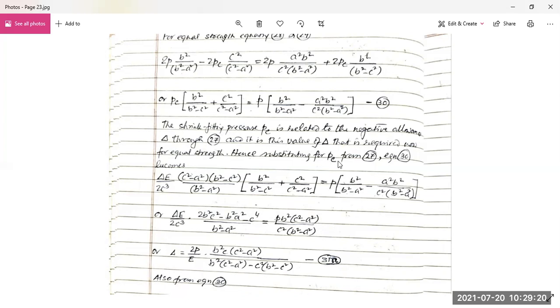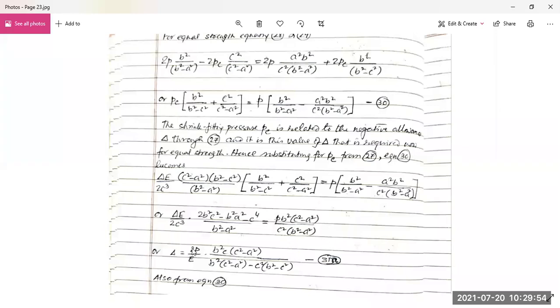Then substituting PC from equation 27 itself. I've already introduced it in my earlier classes. So you are replacing the PC in 27, and if it is value sigma that is required now for equal strength, since substituting for PC 27, then this equation for PC will put it here multiplied by this T stress equal to P into B square x, right hand side of the equation, remember that.